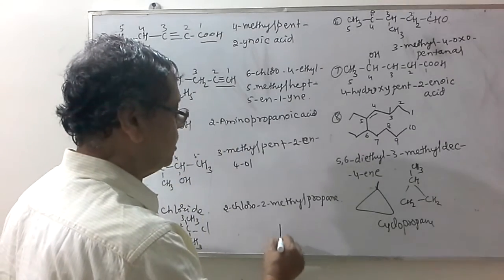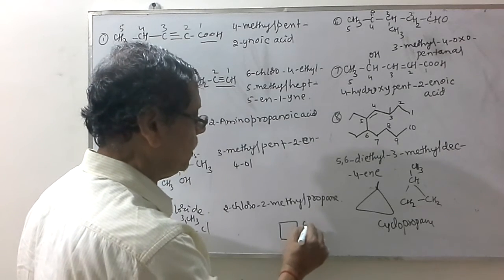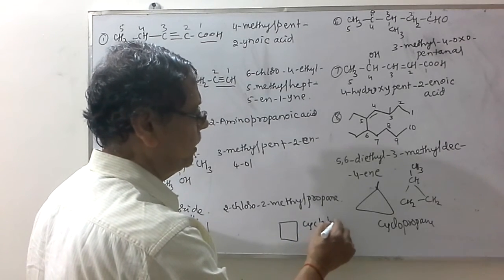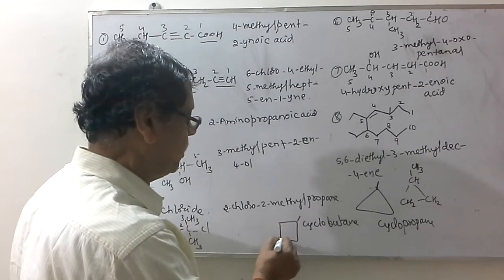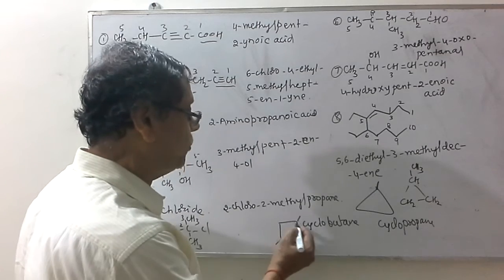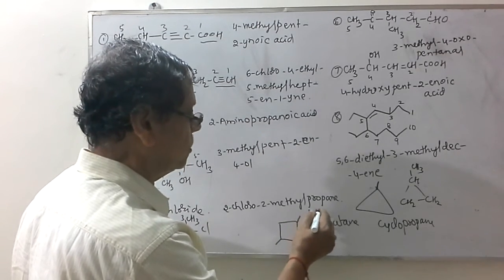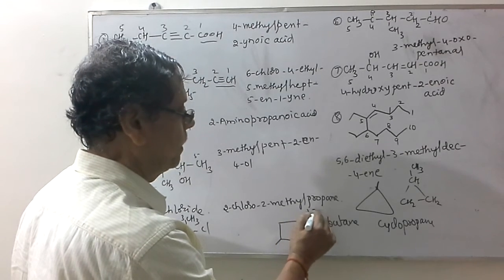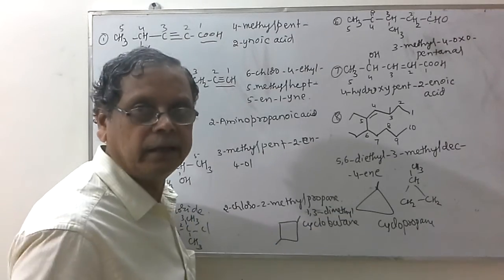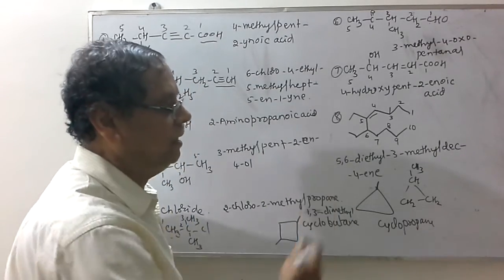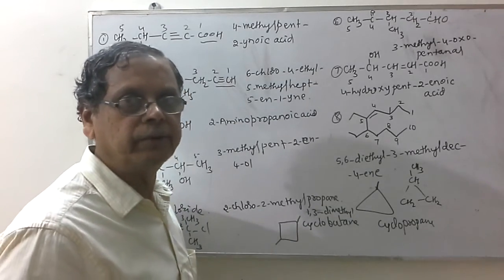Similarly, when you consider this square, it is actually cyclobutane. Suppose I write one CH3 group, one line here and one line here. Now we have to indicate the position of these two CH3 groups. So it is 2, 3, 2, 4, sorry, 1,3-dimethyl cyclobutane. So like that we can consider the nomenclature of the cyclic compounds. Some more examples we will take in the next video. Thank you.